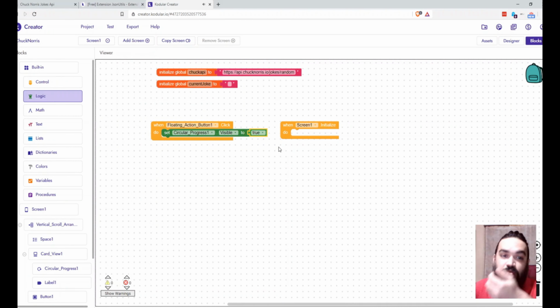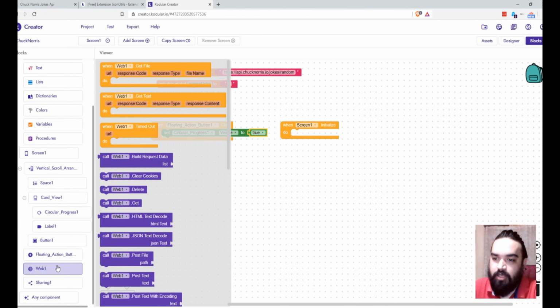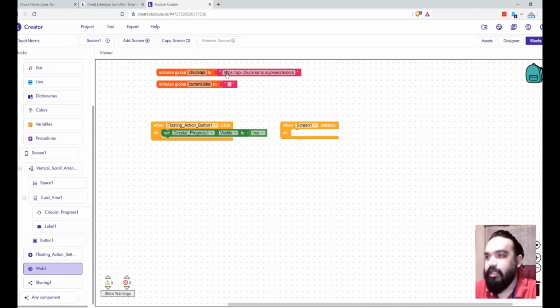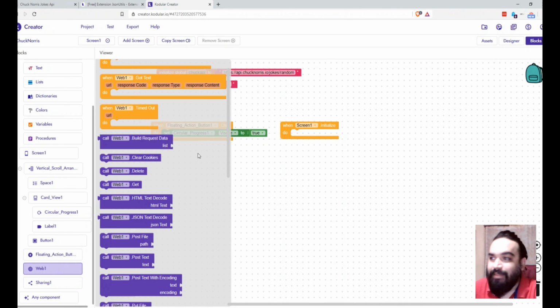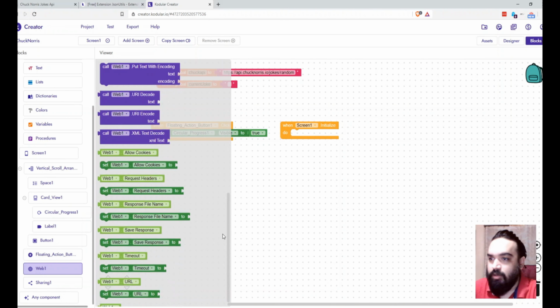Now the next step is to call the web API, right? So for that, we have added a web block. I click on the web block, and before calling the web block and calling the API, you need to assign the web block the API URL. So again, click on the web block, and then here find the URL.